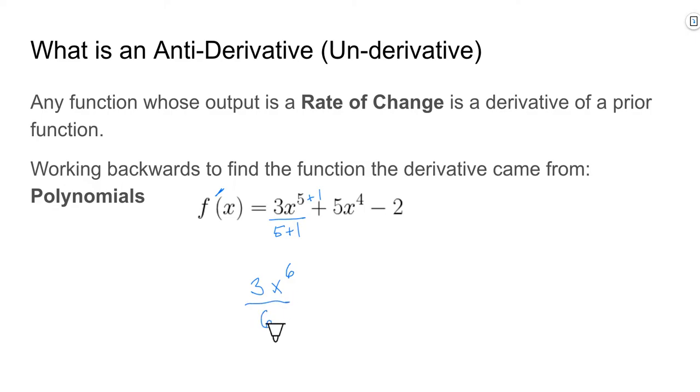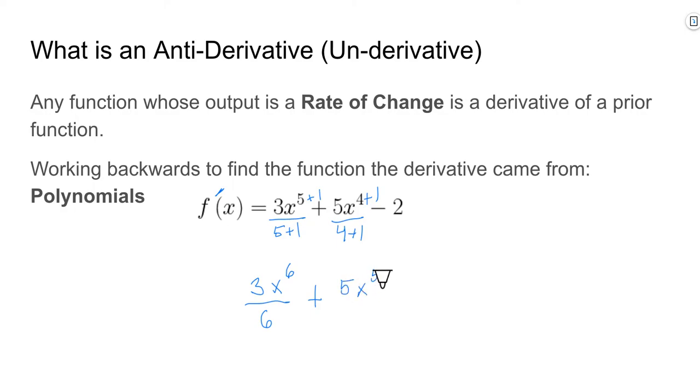Now, I'm not going to simplify this yet, because I'm going to check, and if I leave it as is, the check's going to work out. At least this is what I think I should have, because I'm doing things backwards. And again, I gave us really 3 processes. So how do I do this one? Add 1 to the exponent, and then divide by that new exponent. Okay, so I should have